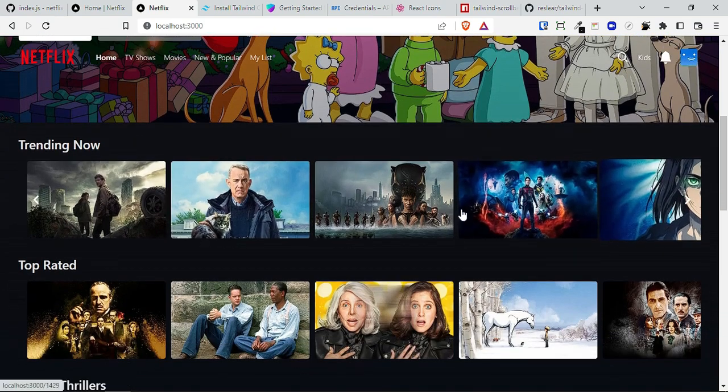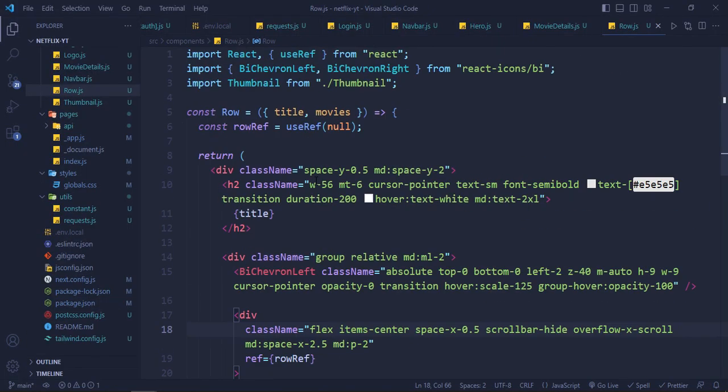Okay, so it's going to reload the page, and then we don't see the scroll bar anymore. The next thing is, when we click over these arrows, it should just scroll left and right. To do that functionality, we are going to go back to the row component, and inside the row component